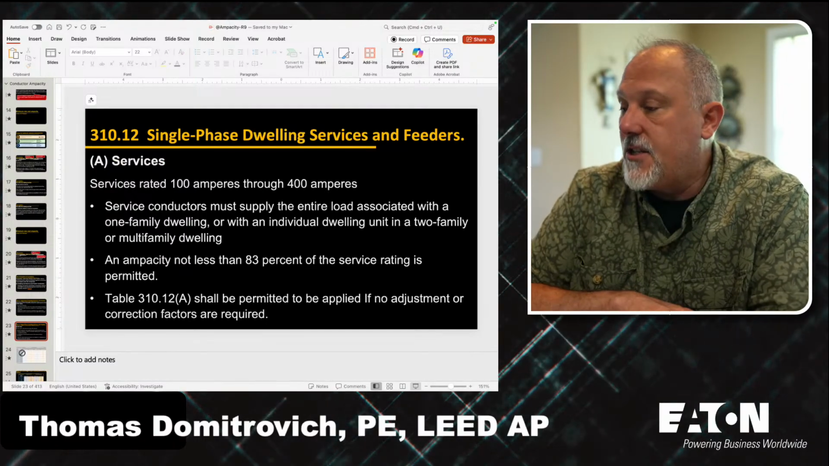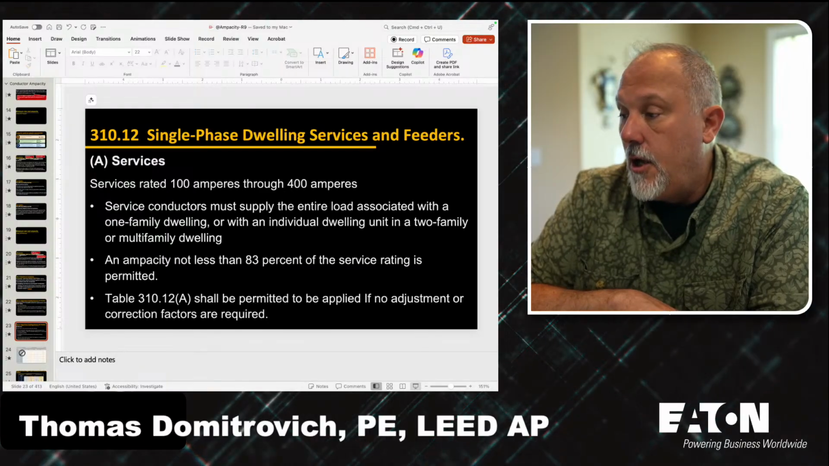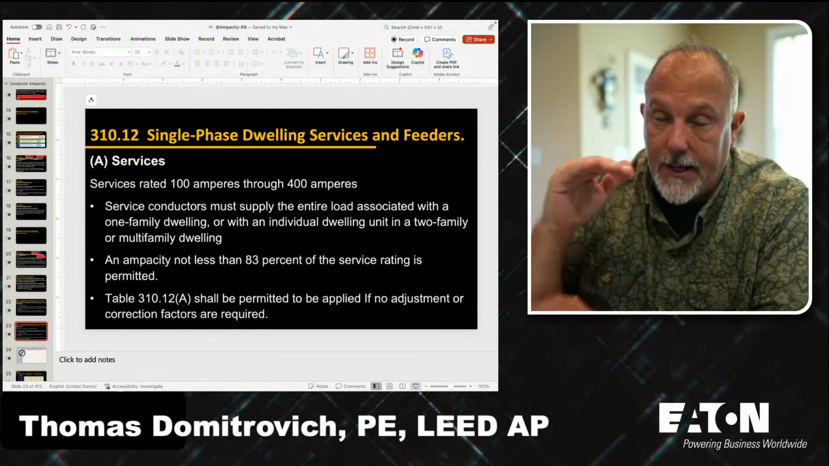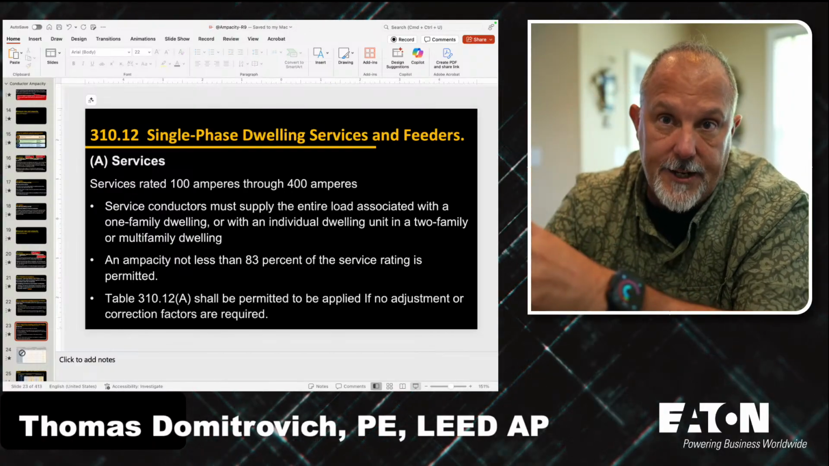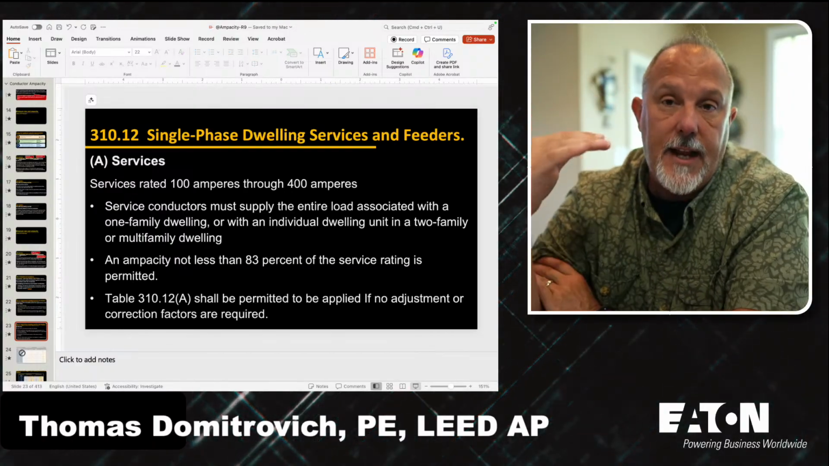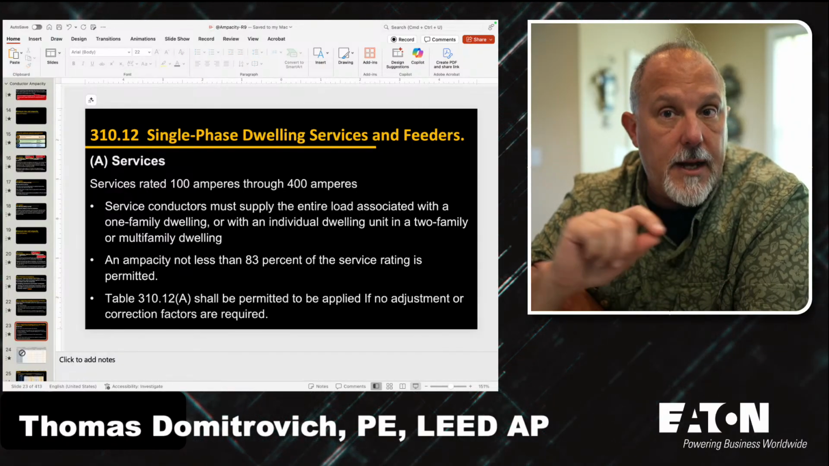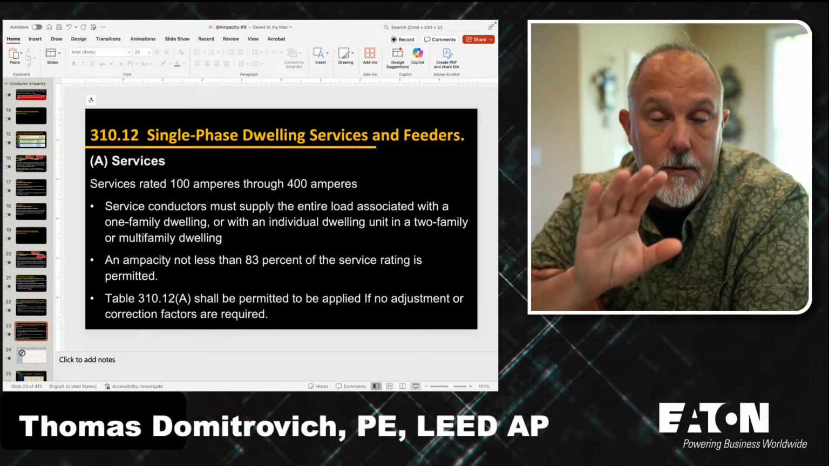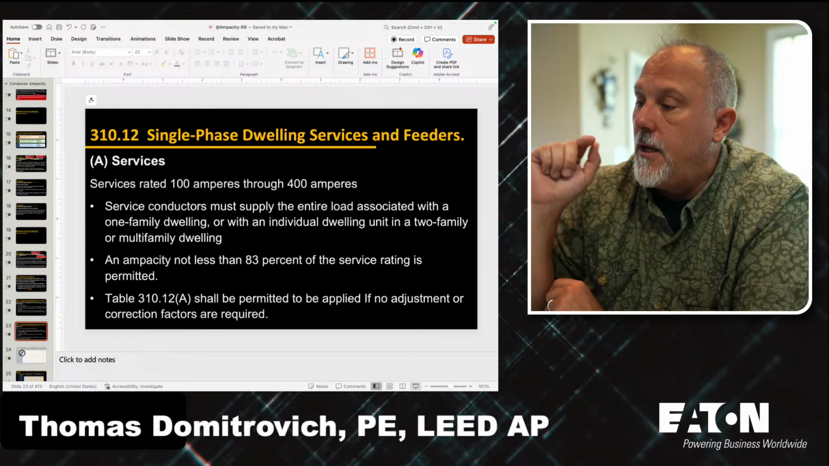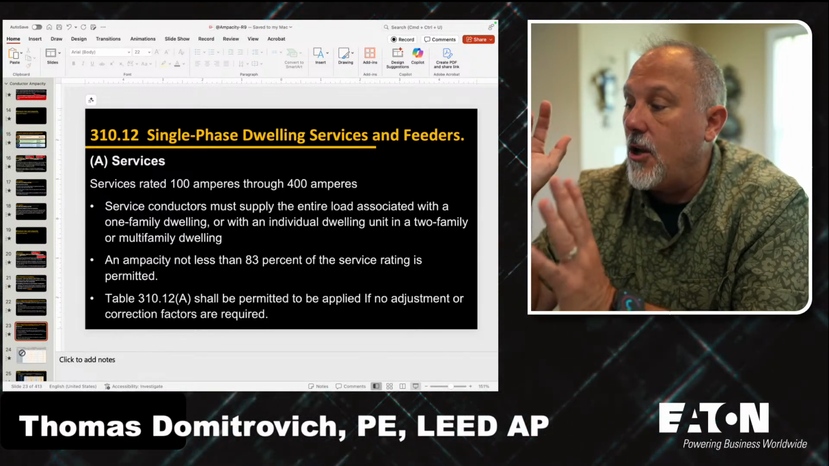Now in A, it says services. Services rated 100 amps through 400 amps. Service conductors have, now again, I'm limited by the parent text, so we've set the stage for the requirements found in any first level subdivision under 310.12. It only applies to those applications that we've identified in the parent text. Puts it in perspective. Service conductors must supply the entire load